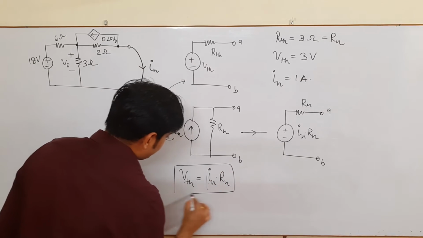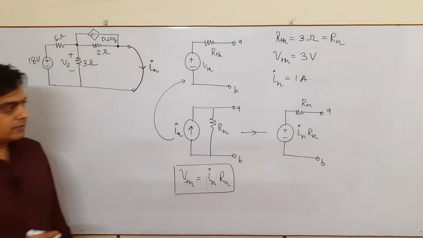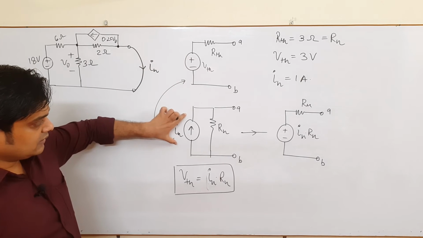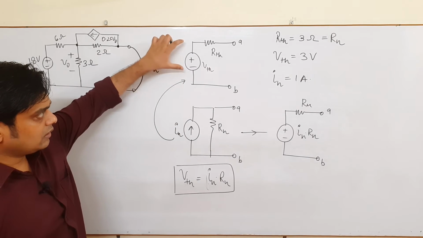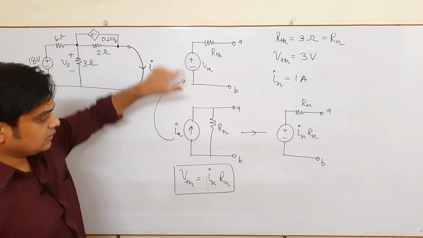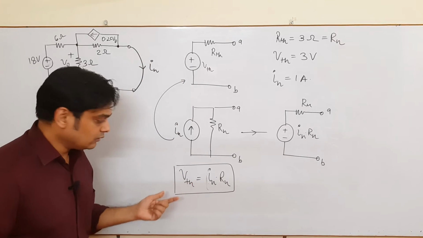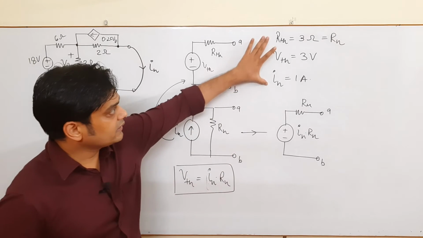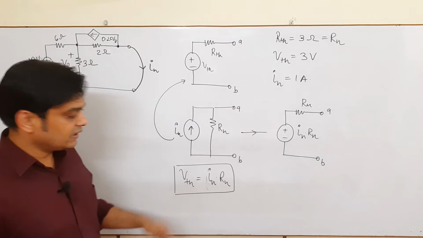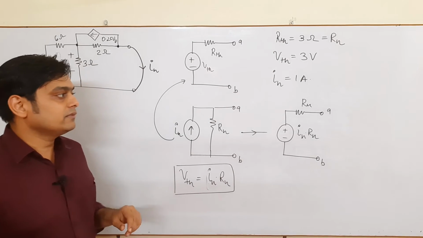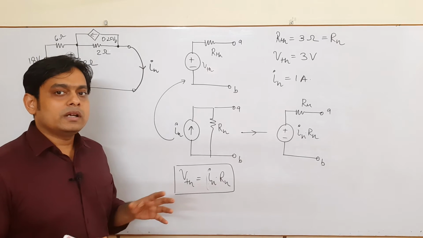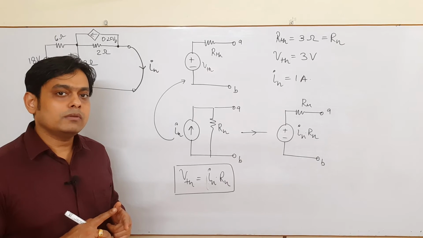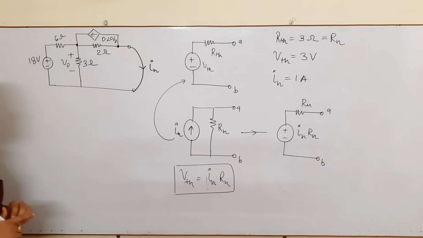So that's why these two theorems are also known as duals of each other, because this is the dual of this and this is the dual of this. I mean you can convert this into this or this into this. So this is a relation between Norton's and Thevenin's. So if you find here IN into RN, that comes to be again 3 volt. Okay, I have taken this question to understand the interrelationship between IN, RN, and VTH. So with this the problem is finished.